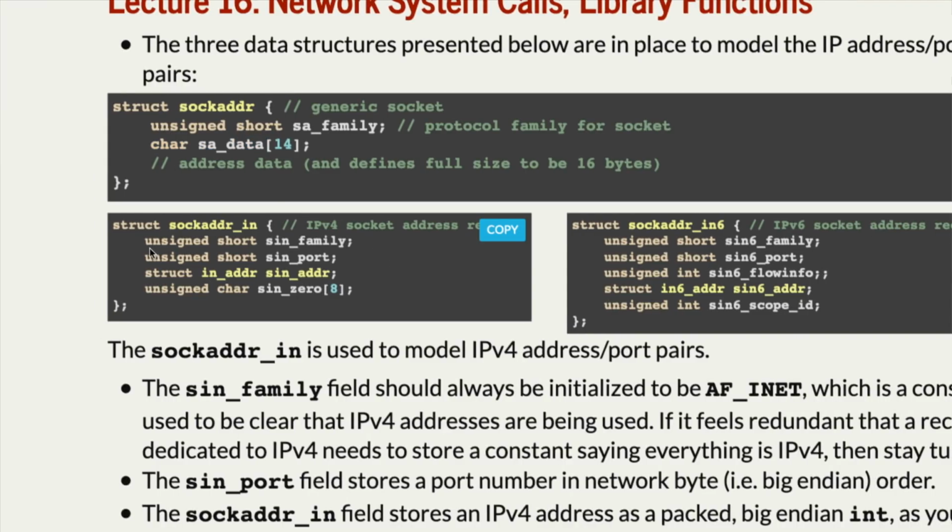Then we have struct sockaddr_in, for internet, and this is the IP version 4 version. It also has as its first 2 bytes the family, the socket internet family. Then it has a port number associated with it, and then one of these struct in_addr, which we saw earlier, sin_addr, which holds the actual 4-byte internet address.